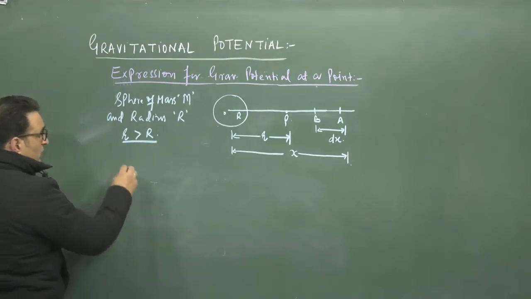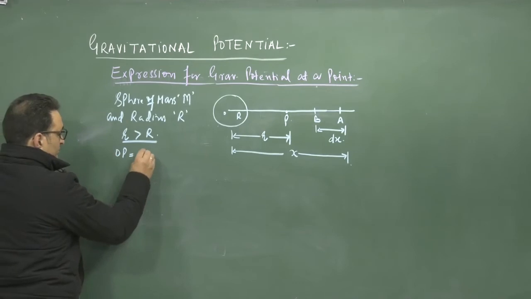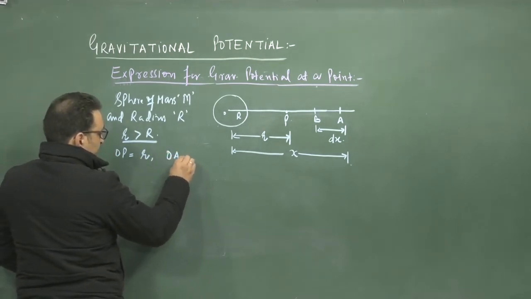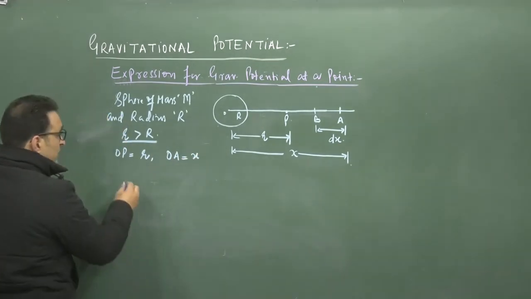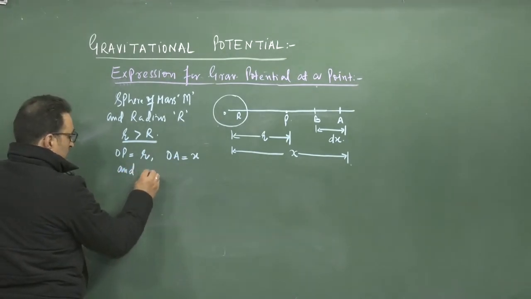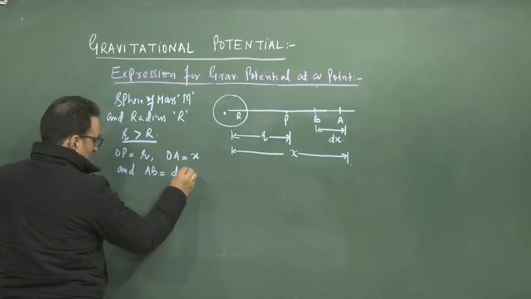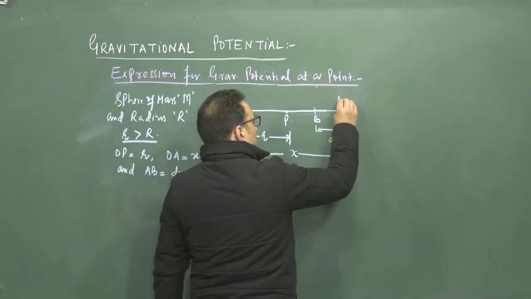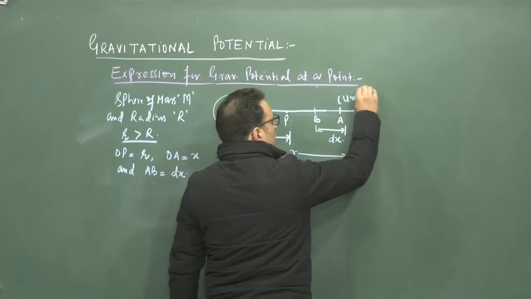Now OP is equal to r, OA is equal to x, as you see from the diagram, and AB is equal to dx. If we put a body of unit mass